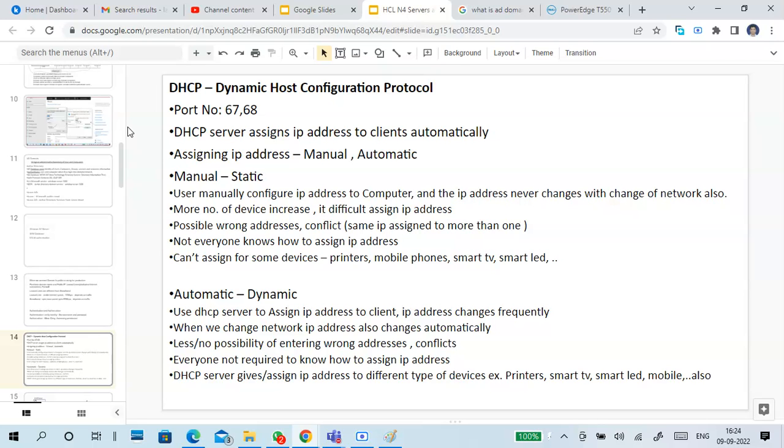So automatically your IP address changes according to the network. There are fewer or no wrong IP assignments, and fewer conflicts or none at all. Conflicts resolve automatically. Everyone is not required to know how to assign IP addresses, and different devices automatically get an IP address from the DHCP server.